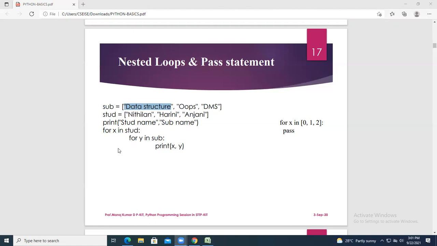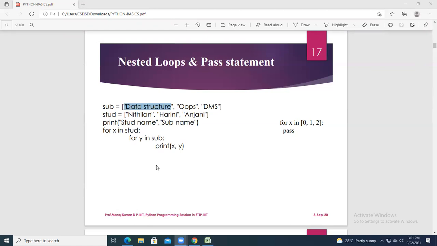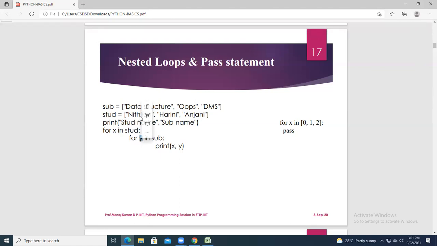Only these 3? Keep in mind, for each and every X and each and every Y, you are going to print. For one X, Nithilan with DS, with OOPS, with DMS. Next, Harini with DS, OOPS, DMS. So it will be printed like this.